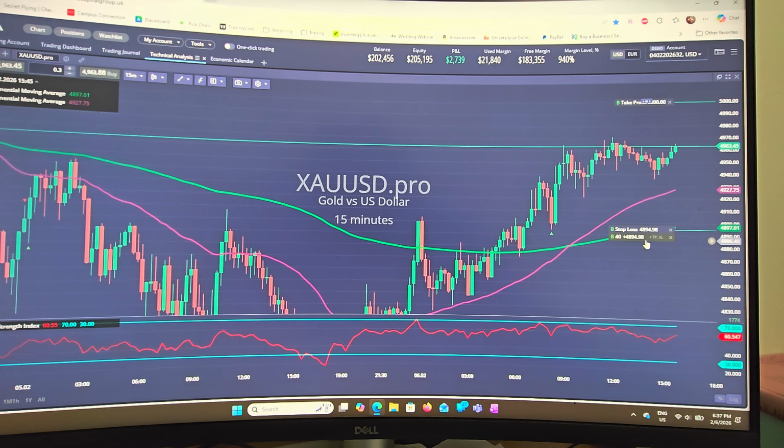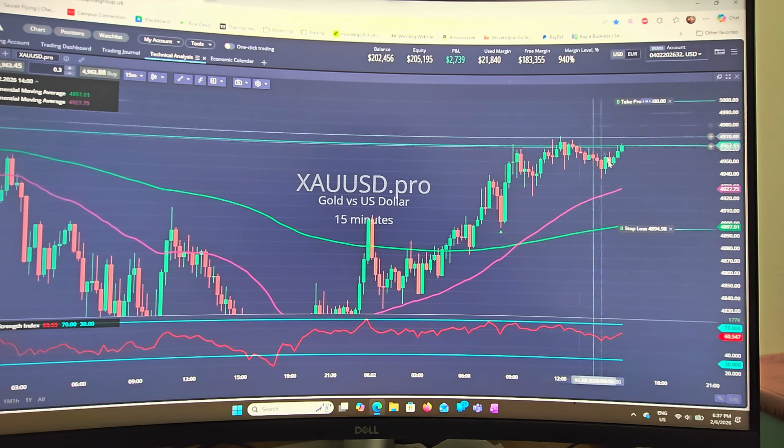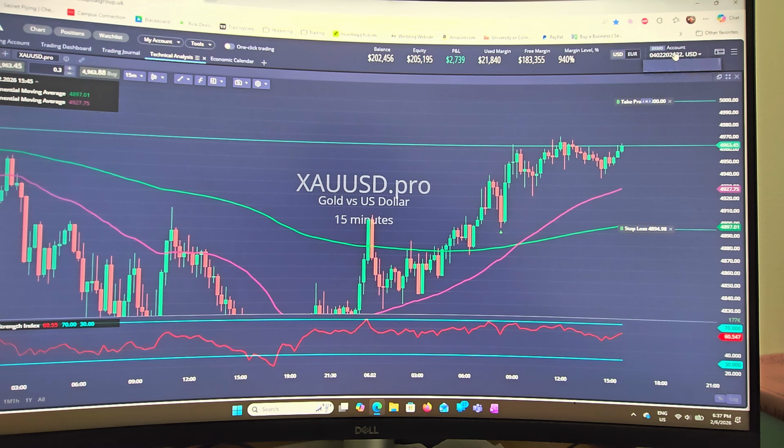So our stop loss at 48.94.98, and our buy is at the same position. So I did reduce our risk to the same level. So now this trade is risk free, while being $2,700 in profit. And if we go to, this is our 200K account. If we go to our 100K swing account,